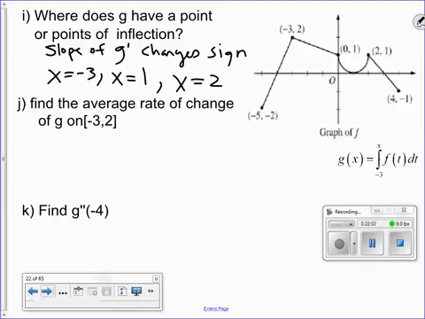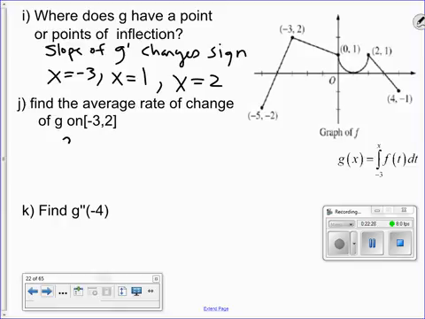It's just a regular slope formula. Change of y's over change of x's. Just remember, rate of change means slope. So, you have a graph and its slope's changing. To get the average slope, we just take the slope from the first point to the last point. So, average rate of change of g on the interval from -3 to 2, we're going to have to figure